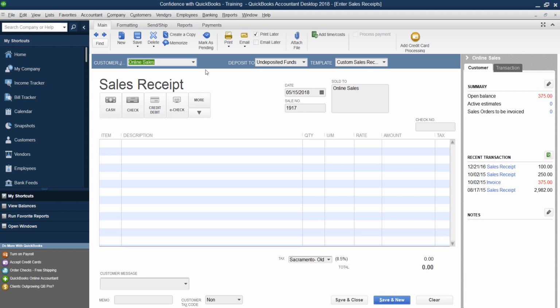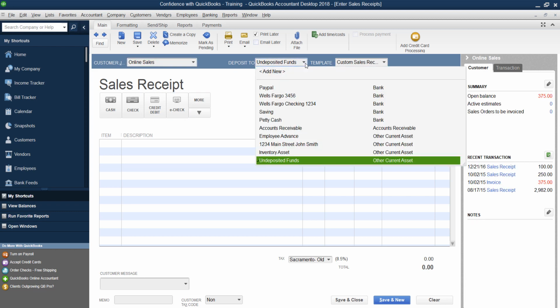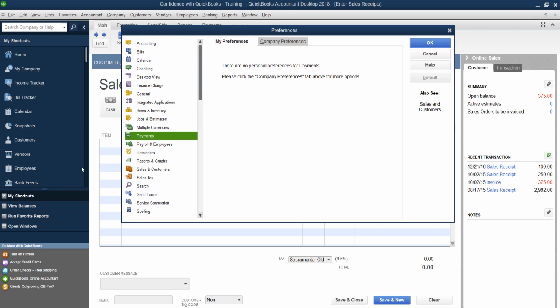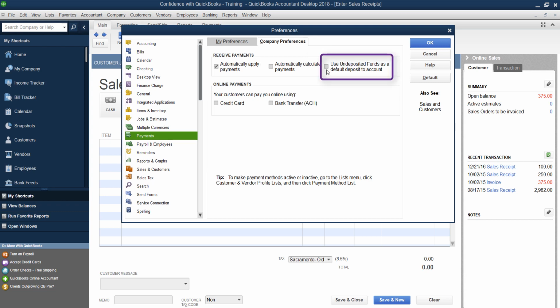If you don't need that and you want to summarize it, then you would just pick online sales, something like that. All right. Then the next thing to know is whether or not you want to use undeposited funds or if you want to put it directly in PayPal. What is the difference? If you go under Edit Preferences and you go under Payments, Company Preferences, you can choose whether you just automatically go into what's called undeposited funds, which is basically, think of it like a bank bag. You've received the money, but it hasn't actually gone into your bank yet. It's sitting there. That's a really good example for PayPal because typically PayPal doesn't automatically get put into your account. It sits inside of PayPal till you move it.